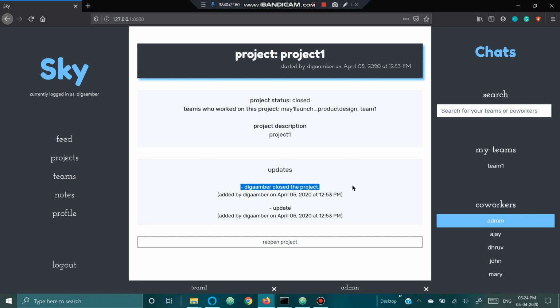So now you must have noticed that this is a single page application, and I have facilitated all of this using the handlebars library. So I'll log out now,